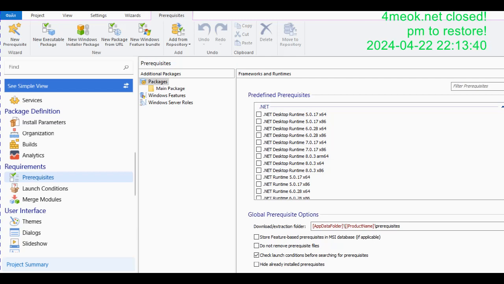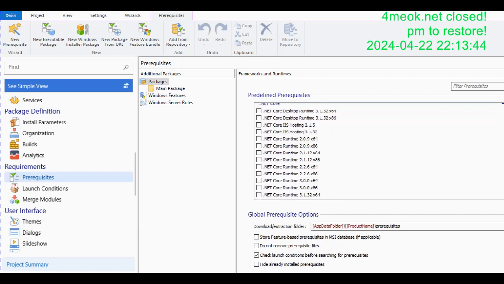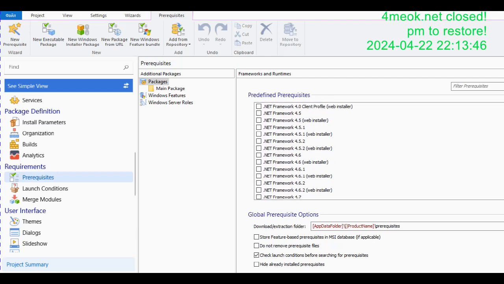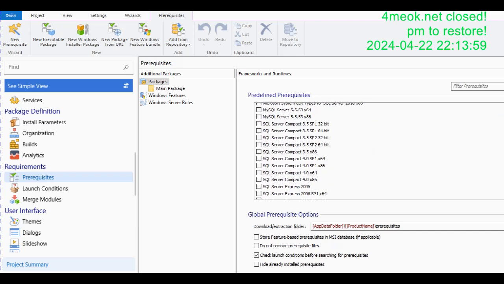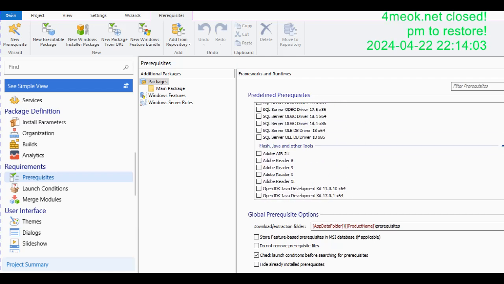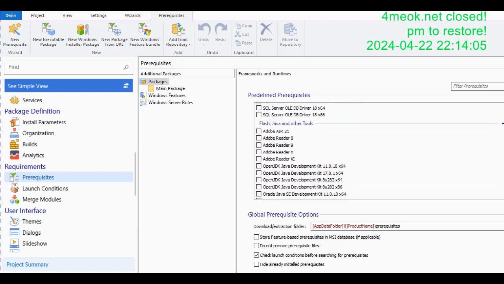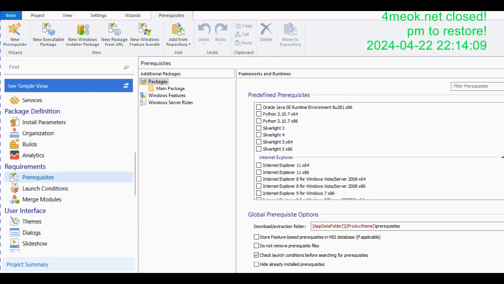So you can add Microsoft .NET Framework, whatever version you need, for example 4.5.2, 4.6.4 if you need this. You can add any other database, Java or Adobe Reader, old versions, Internet Explorer,